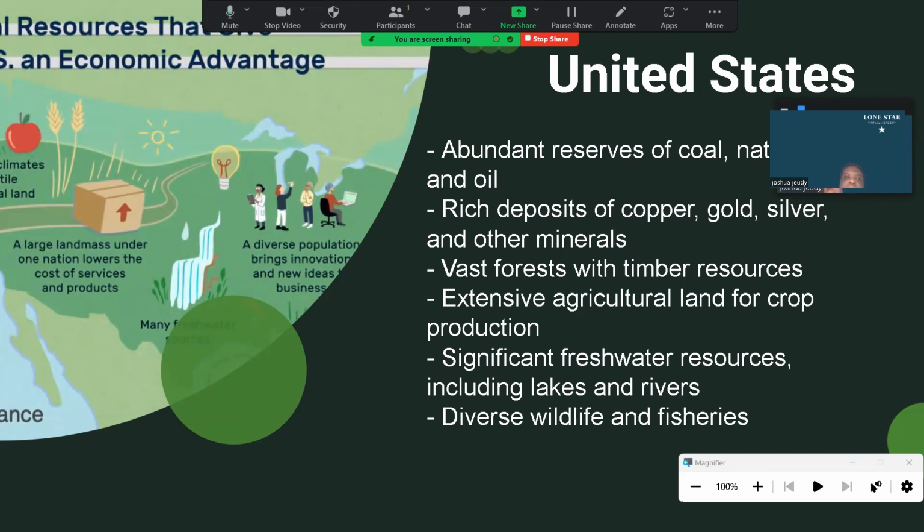Also, oil is pretty much the foundation for plastic. So anything plastic in your house or that you use daily, that is made from oil. So oil is a huge thing in the United States. We generally have a lot of it.